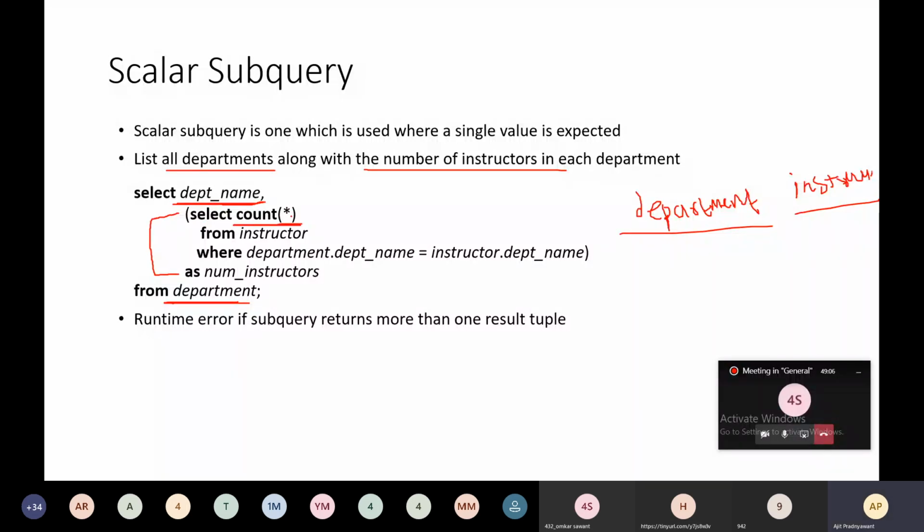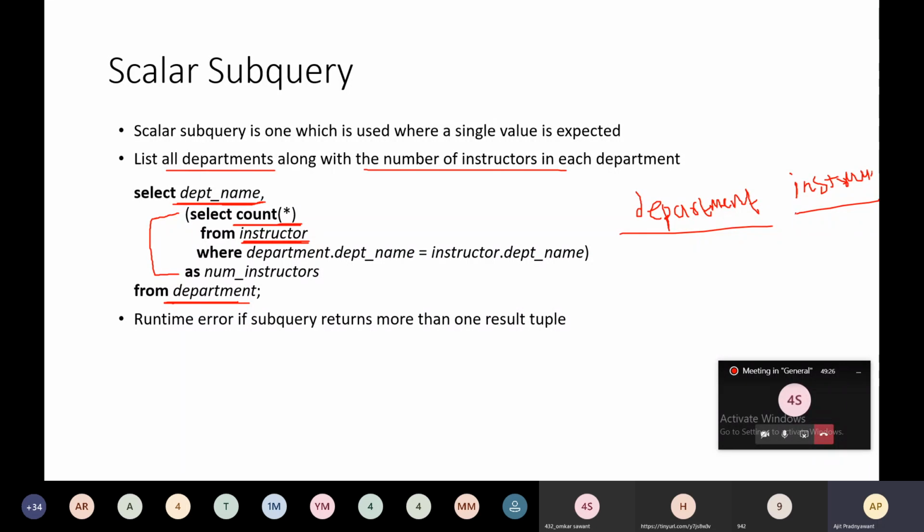This count star means it will just count the number of tuples present in the result. So select count star from instructor, so it will count the number of results coming from this instructor relation.